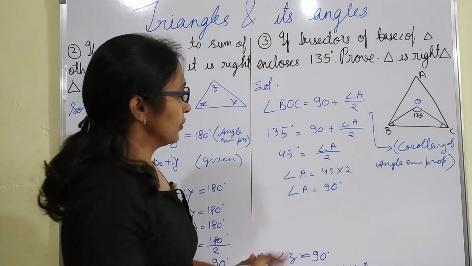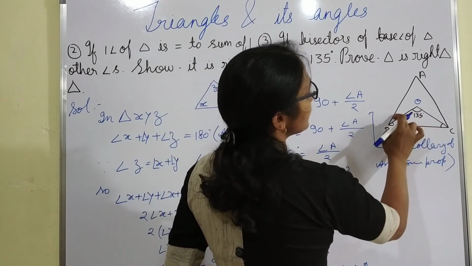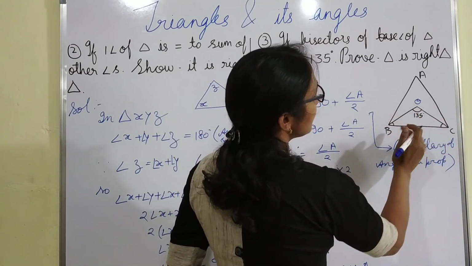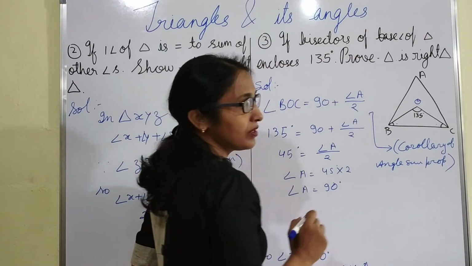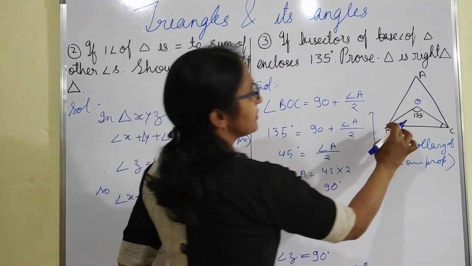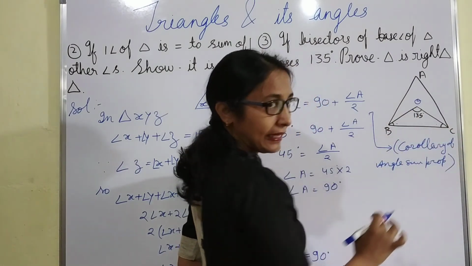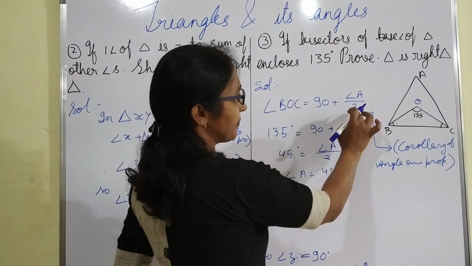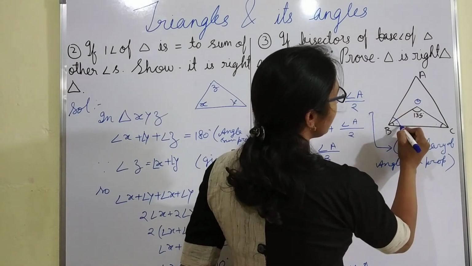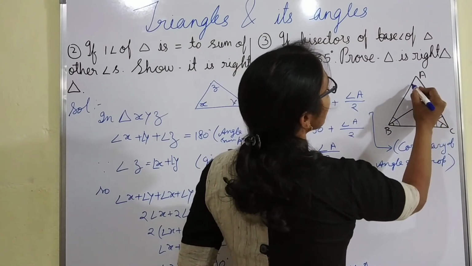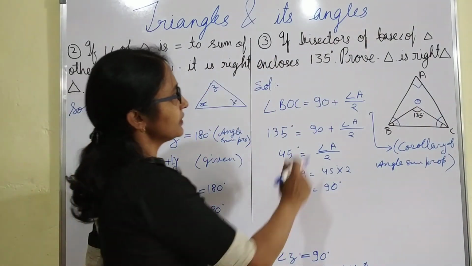Okay. Now another way I am only explaining you. It is 135. These two BO and CO are bisector, means sum of these two angles will be 45 degree. These are bisectors. So sum of angle B plus C will become 90 degree. If you don't remember this theorem, then sum of these two angles means whole angle will be 90 degree. So according to angle sum property, it will become 90 degree. Okay? Hence it is proved.